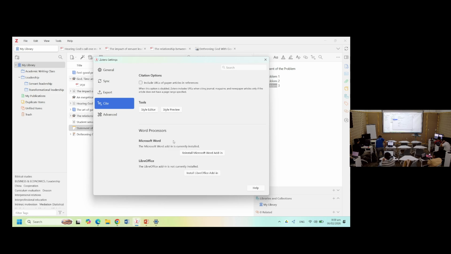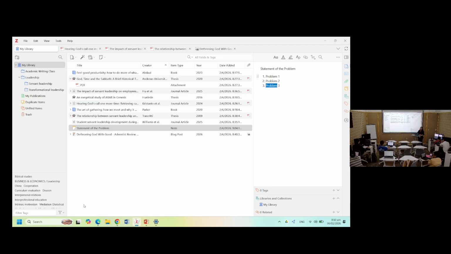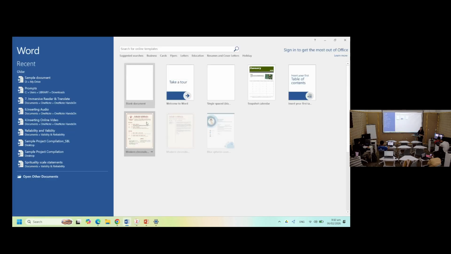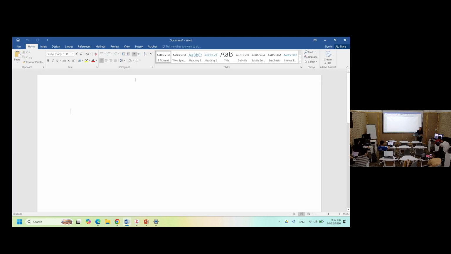You scroll down, Pastor. No, you scroll down the whole page. Yeah, there. Some more. You scroll down some more. No, down. Yeah. Reinstall that one. Yeah. Okay, once that is done, you can close that. And then you can open your Microsoft Word, okay? Open a document, a blank document. You should see a Zotero tab.